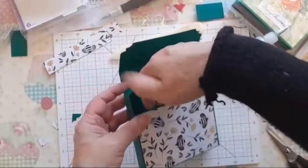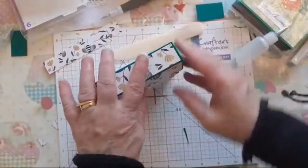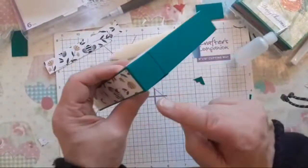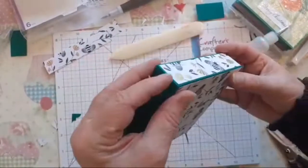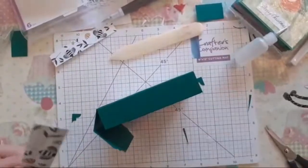So, and the flaps just bend down. You've got a gap to be able to get in and out of your cards, and that's going to tuck over there nicely. Now leaving those flaps gives it a nicer finish at your edges there. So now, as I told you, we needed